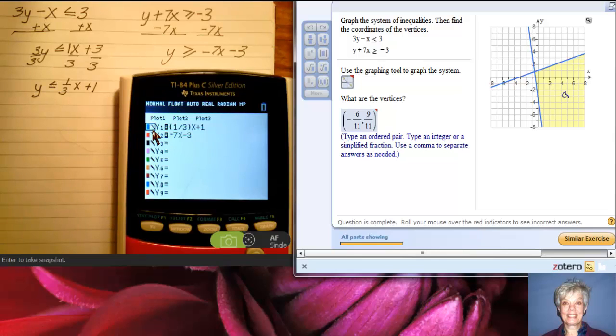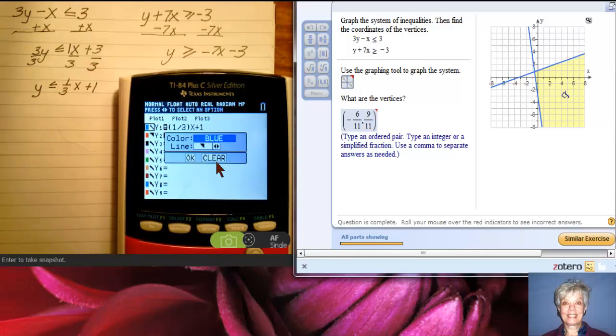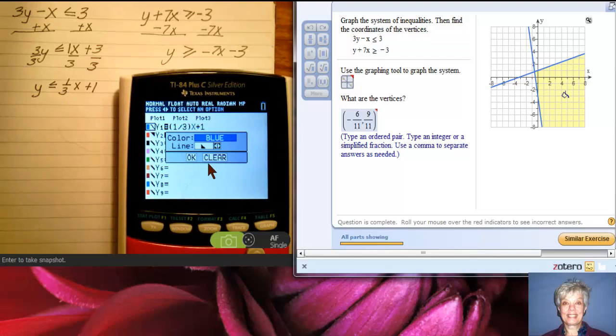But that won't do me any good because I'm dealing with an inequality. I need less than or equal to. Well, a down triangle is the same as less than. And you'll notice that if I hit enter, now you're not going to get a little box like that, probably, but you will be able to flip through some markers, and you'll finally come to a lower triangle, which means less